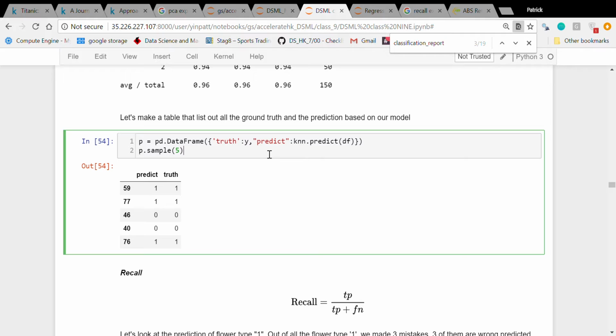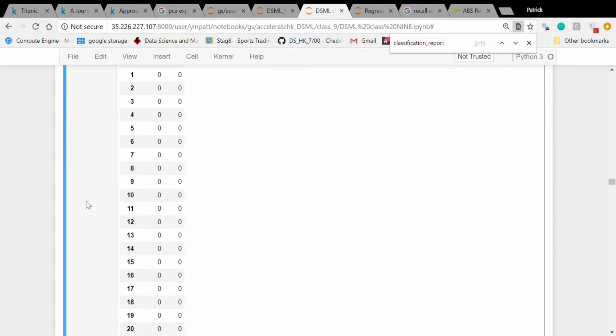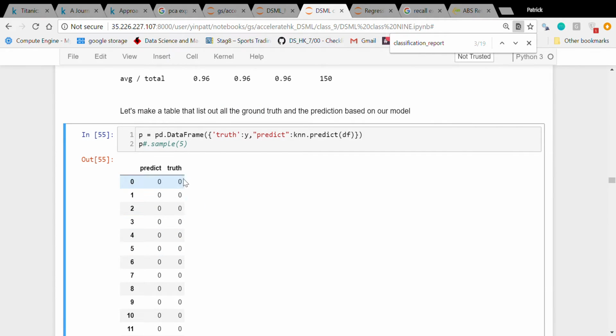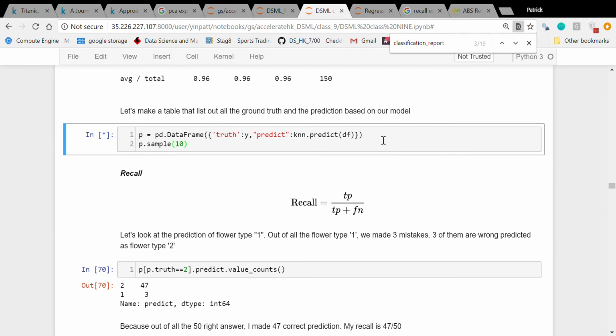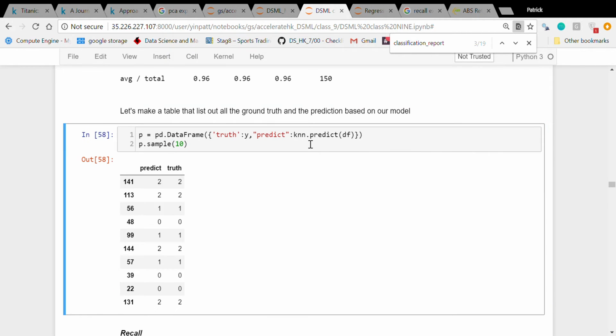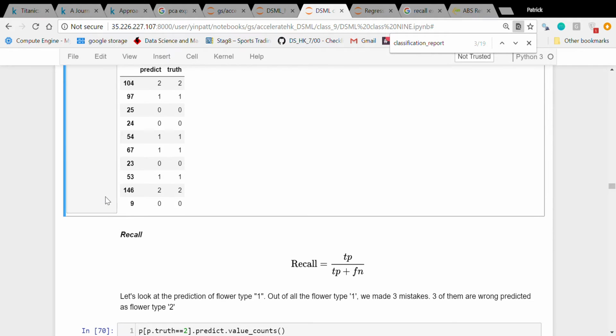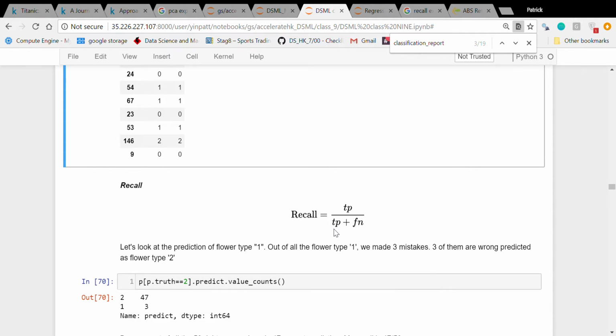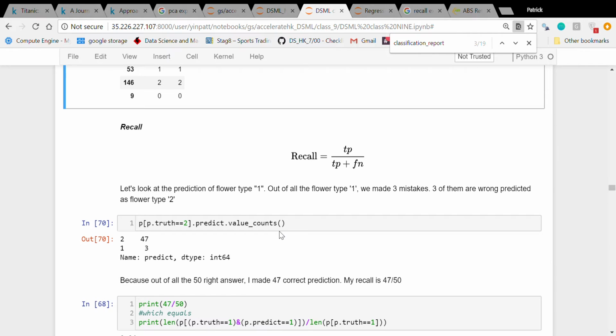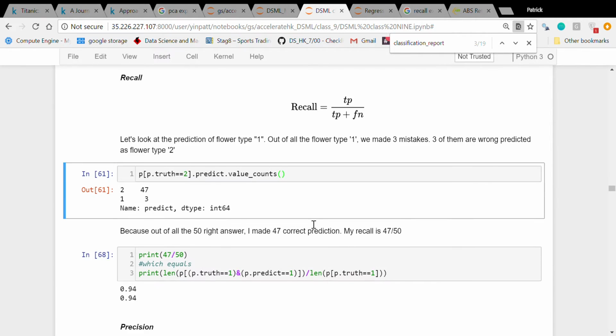If we build a data frame like this, these are the predictions and these are the ground truth. If I just select some samples out of it, usually they're correct. My predictions are very good, I can't find any wrong one. But some of them are incorrect. The way to calculate recall is true positive over true positive plus false negative, and if you put it this way,